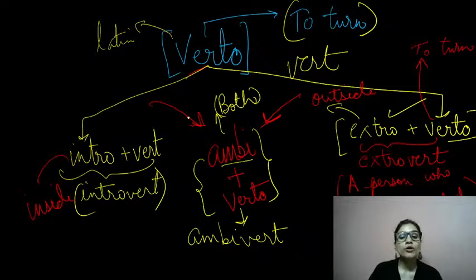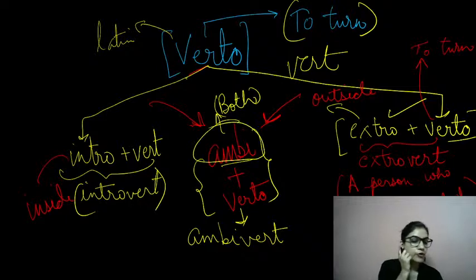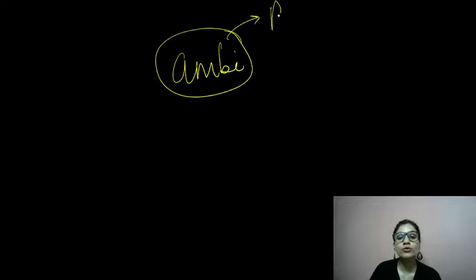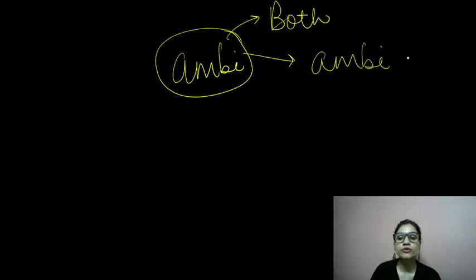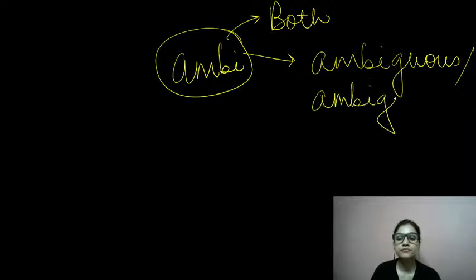Okay, now I'm going to talk about this one new word we've just talked about, ambi. I hope everybody is done with these 3 words. They're very simple to do. Let's talk about this word root now, ambi. So what is ambi, guys? Ambi means both, right? And we have a lot of words out of ambi. Like in general, without the word roots, we have ambiguous or ambiguity. Okay. We have ambivalent.